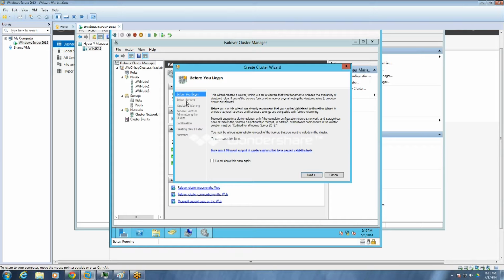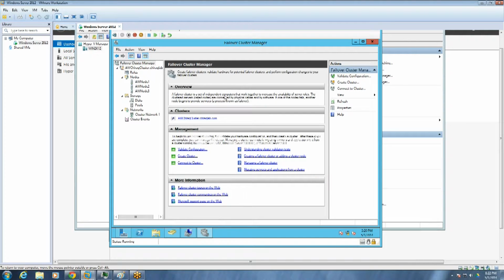In the second step over here, select servers. I selected all 3, node 1, 2, and 3, because I'm going to show you Always On. We are going to set up Always On on the 3 servers, making node 1 the primary and the other 2 the secondaries. It will check the validations, then you give the cluster IP address and name. Our cluster IP address is 192.168.2.20, and you hit next and install the cluster.